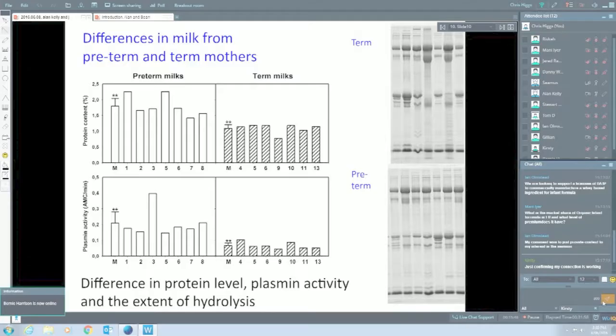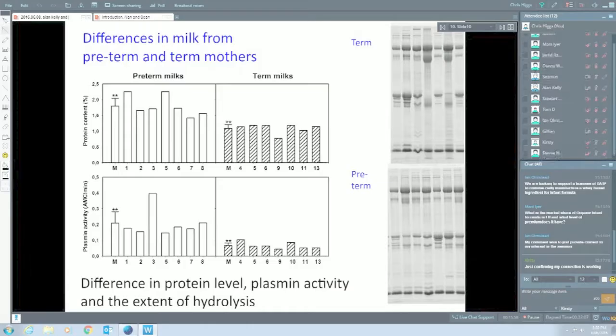So what was very interesting in this study was it showed to us that there's a lot more nitrogen in the milk of some mothers of preterm infants, but there's a lot more enzyme activity, which is breaking down, for example, these caseins which is present. So the protein profile had changed quite a bit, and there's quite a lot of proteolysis going on in the milk. Now, this again illustrated part of the complexity, and it led to a kind of a long-standing interest